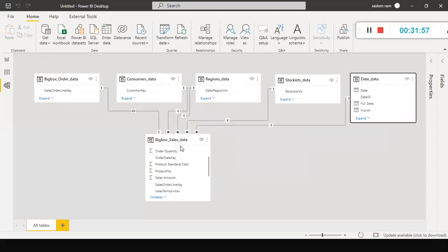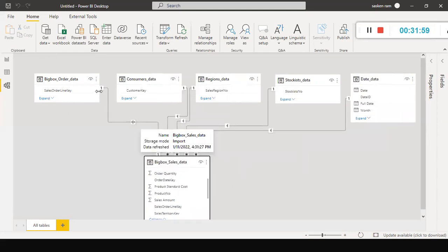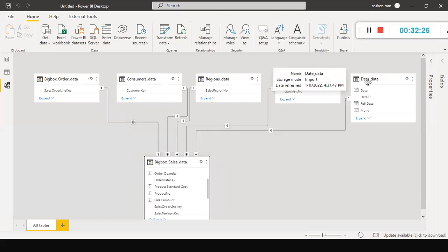When you look at this now, on all these tables' side, you see 1, 1, 1, 1, 1. On the sales data side, you can see star, star, star, but here 1 is there. That means all these tables have a one-to-many relationship with this table. The dimension key or the dimension table values are flowing down to the fact table. Here also a one-to-one relationship. Okay, fine. Now we have created the relationship.